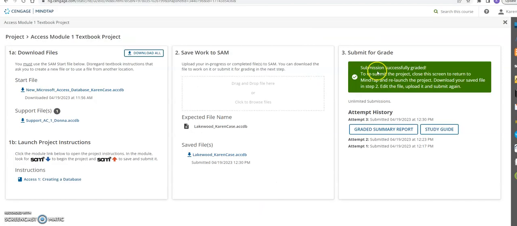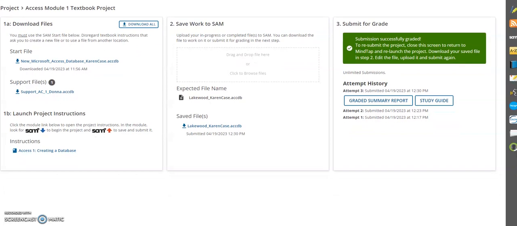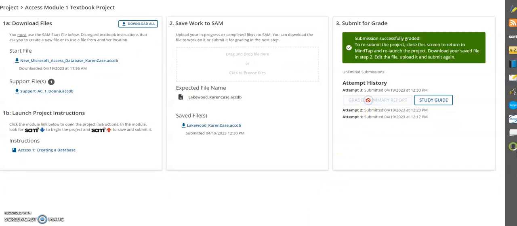Give me 1 sec. Okay, so I have submitted the file, and it shows me in green that once it goes through, you'll see it uploading. It says submission successfully graded. So I'm going to go to the graded summary report, and essentially when we do that, it will download a copy of that to your desktop, as you can see here. So I'm going to open that file up,